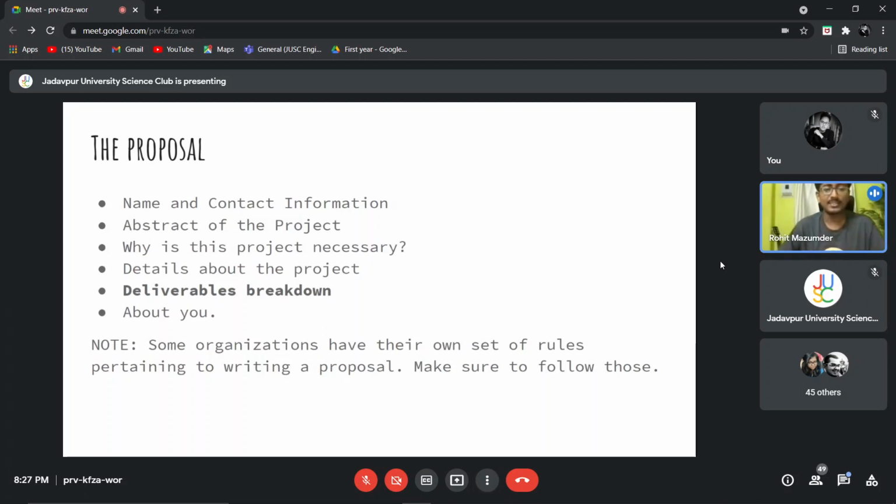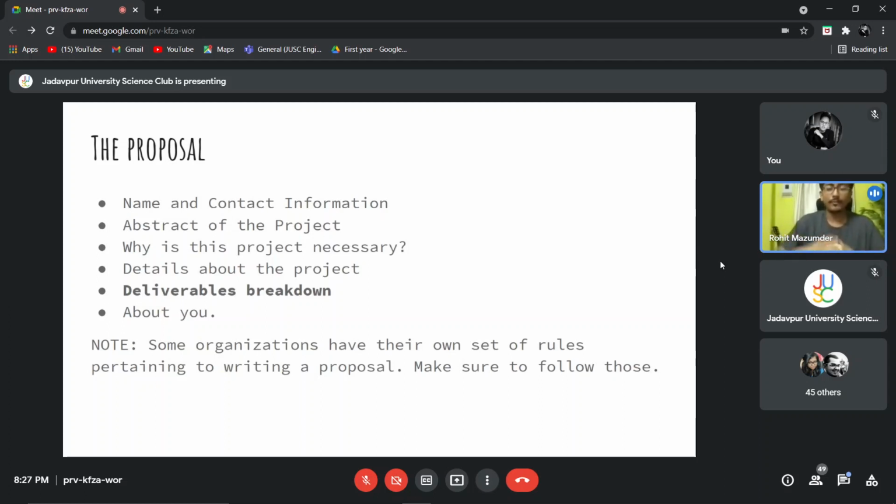The next thing is, why is this project necessary? Google is going to fund your entire project. They are going to pay you a hefty stipend, plus they are going to pay the organization, so that we can create the entire infrastructure for you. For example, let's say that for your project you need to have an AWS account. An AWS account is extremely costly and you don't have to bear the cost. Google is going to fund that too.